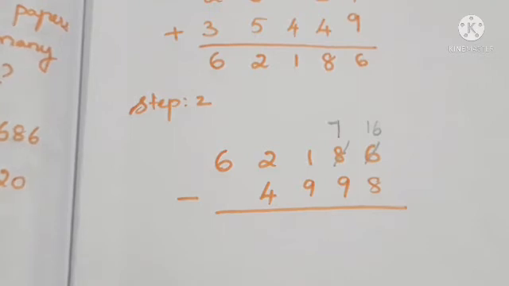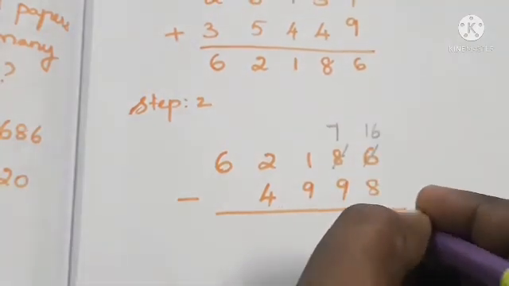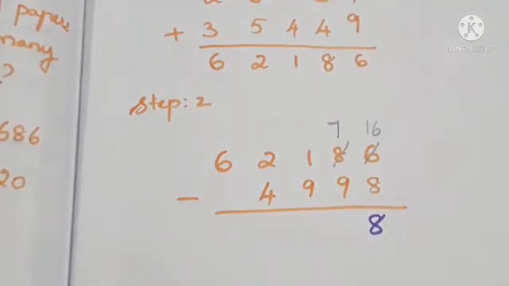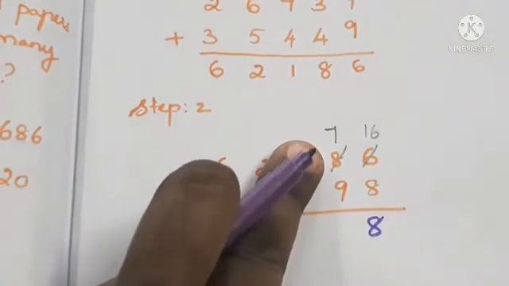So 16 in the mind, take it 8 in the finger. Okay, so 16 before, 15, 14, 13, 12, 11, 10, 9, 8, isn't it? So we got the answer as here 8. Okay, the next number 7 minus 9. Is it possible to subtract 7 minus 9? No, isn't it? Because 7 is smaller than 9.